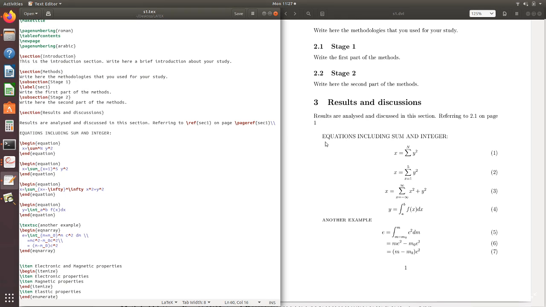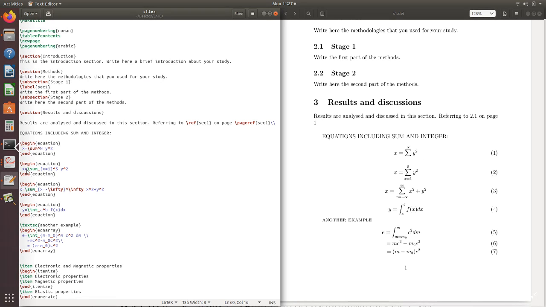Okay, so consider this: x is equal to the sum over n of y square. To write this, we use x is equal to \sum, and if you wish to write the lower limit of this sum, you have to use underscore and then the lower limit, and hat will produce the upper limit. In this case, \sum hat n means the sum with n as the upper limit, and then it will produce y square. So that is x is equal to sum over n y square.